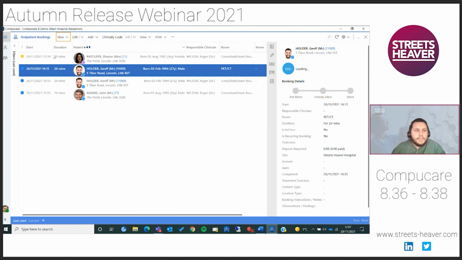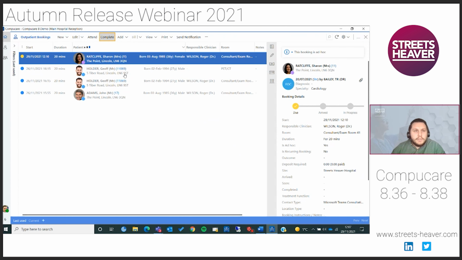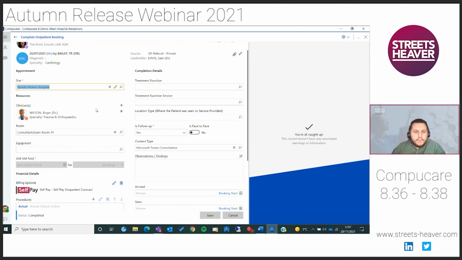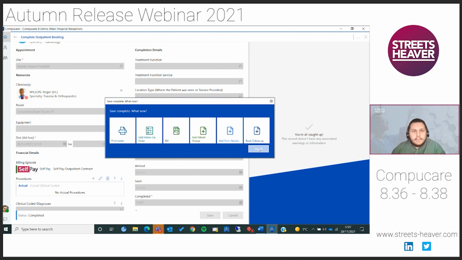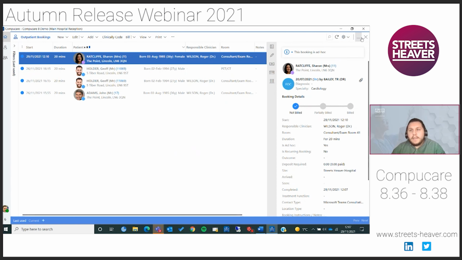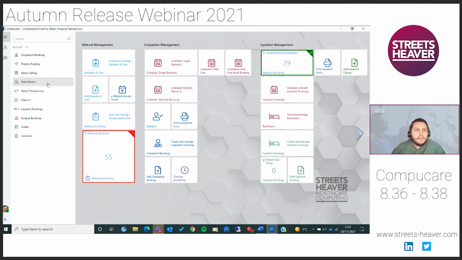And finish there. I'm just going to complete the appointment as well, just so we can see it dropping into that data extract app. So if I just click save at the bottom there, that should complete the appointment for us, and click finish. So if I come back out of here and have a look in our data extracts